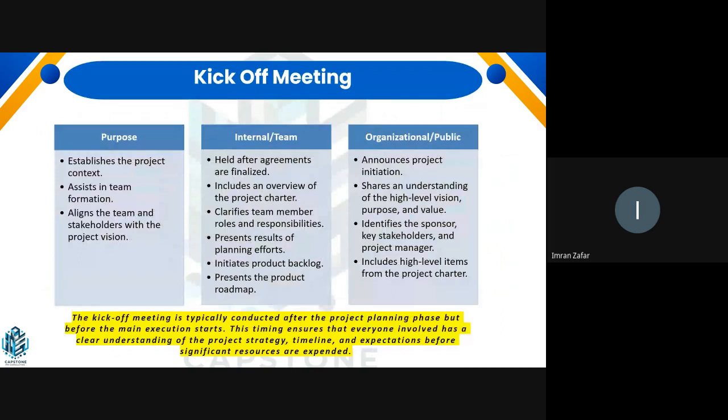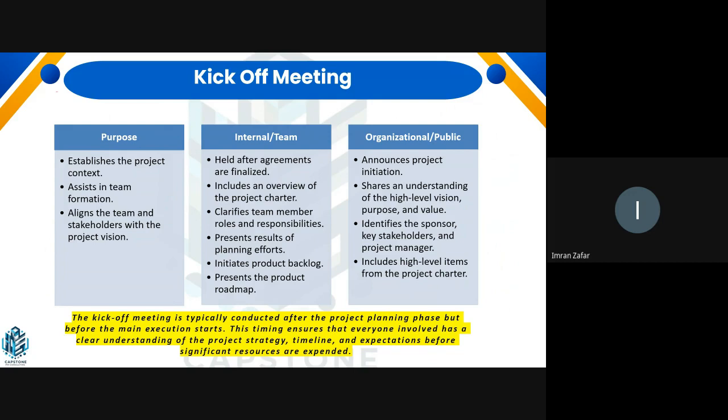So once you have the project charter ready, you are assigned as a project manager, so now you can start your project work. What will you be doing as a project manager? The first thing that you will be doing is obviously not the kickoff meeting. The first process we will talk about maybe after the break when we move to the stakeholder. The first step, once you are assigned as the project manager, is